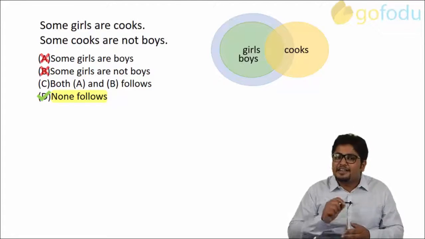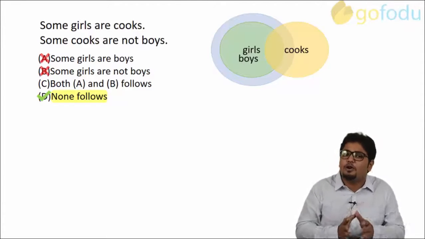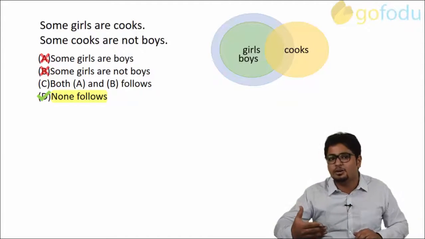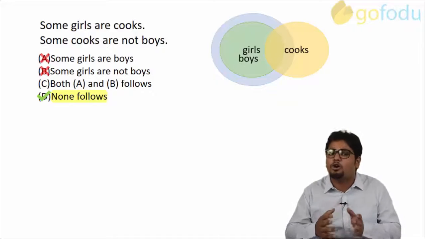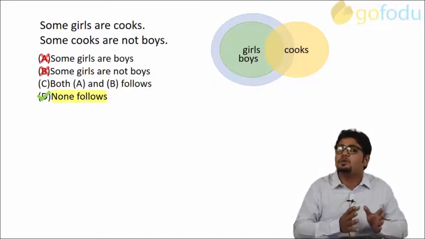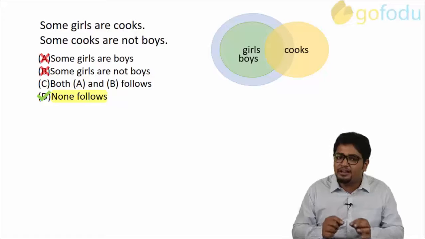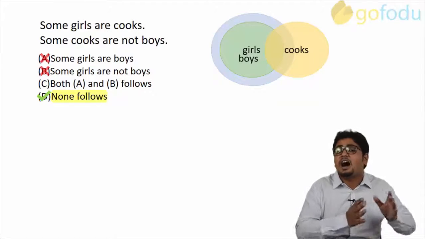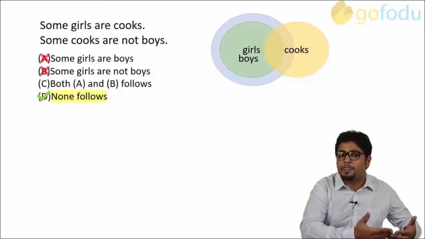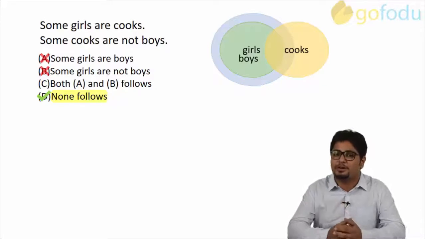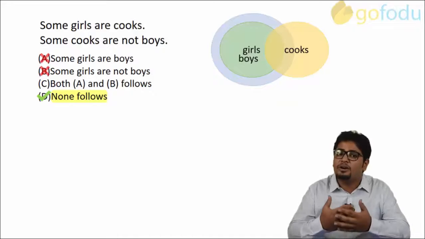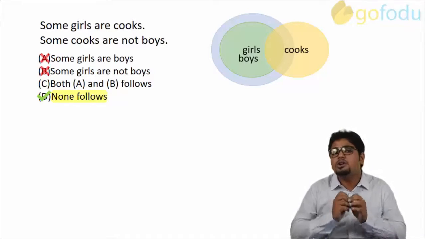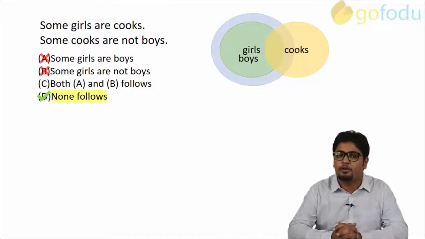As we can see, there is no particular conclusion that follows in this question type. You can always take it as another thumb rule that whenever there are two or more premises of the type some or some not given, then it is definite that there will be no conclusion regarding the uncommon terms that can logically follow these two premises. Uncommon terms here in both the premises are girls and boys. So no conclusion regarding them can follow.